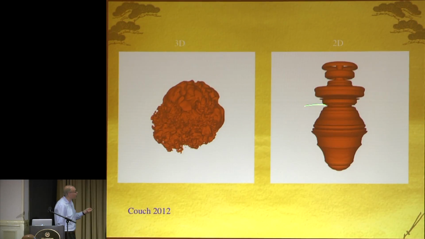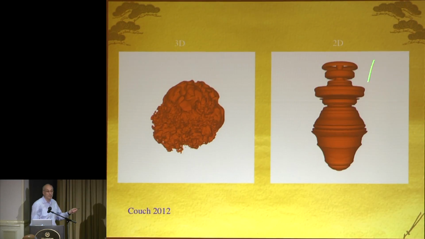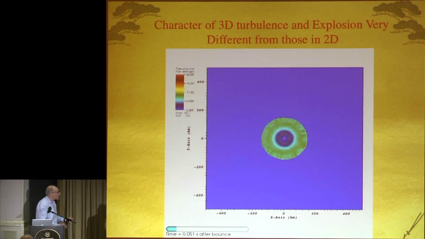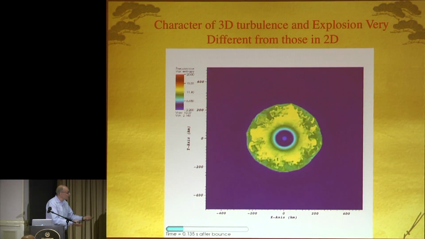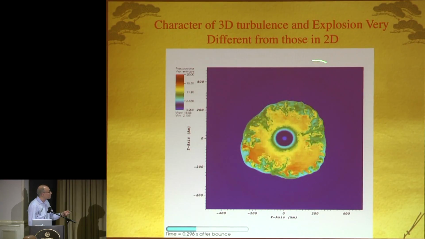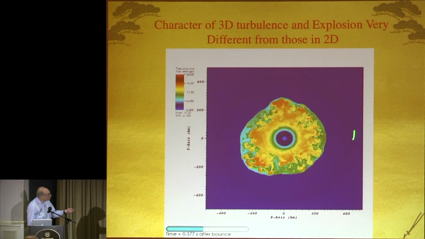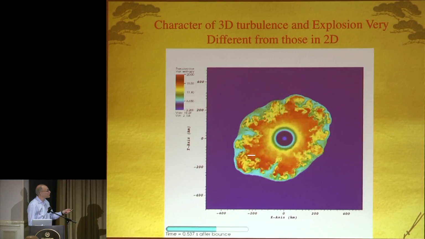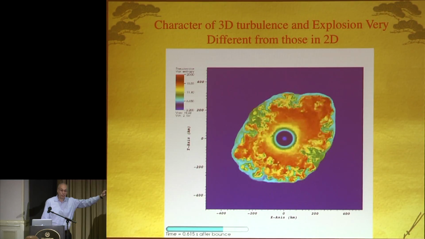There's a nice little comparison that Sean Couch has made. This is the 2D simulation, if you're honest, and this is the 3D simulation. There's a difference. Now, when you do a 3D simulation, this has no preferred axis, even though there's a grid that has a preferred axis. And you can see the type of small-scale structure, not a lot of large-scale structure. But when this does explode, it chooses a direction.